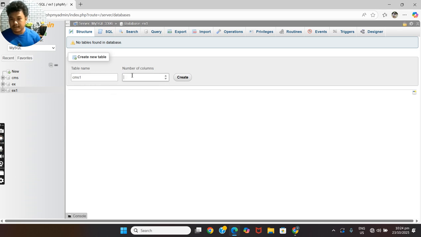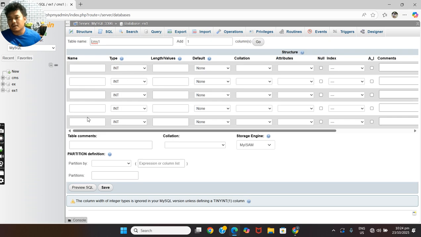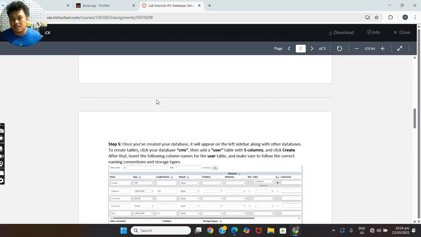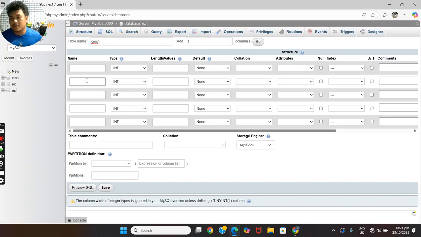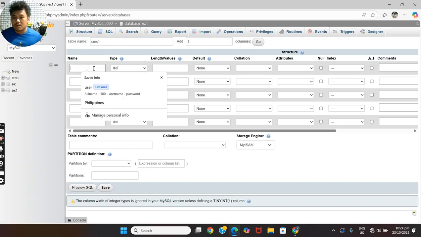We need to get 4 or 5 columns, so we put 5 columns. Then there are our tables. As in the instruction, we need to put variable names.